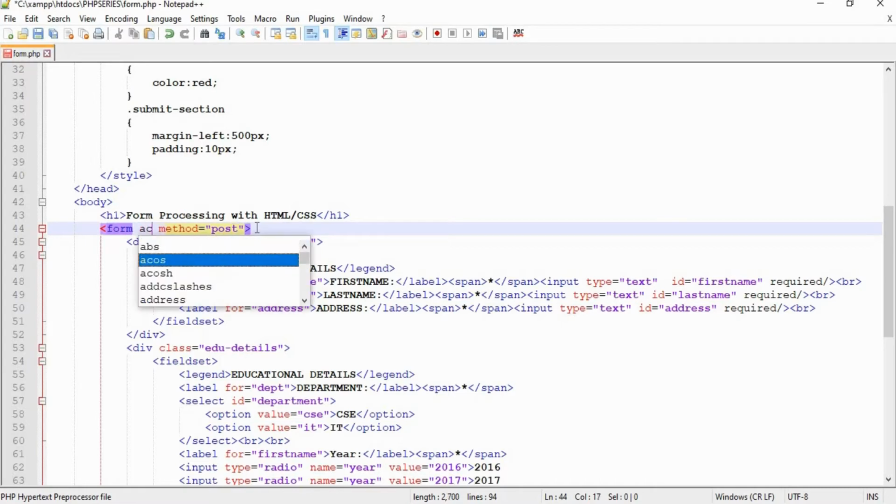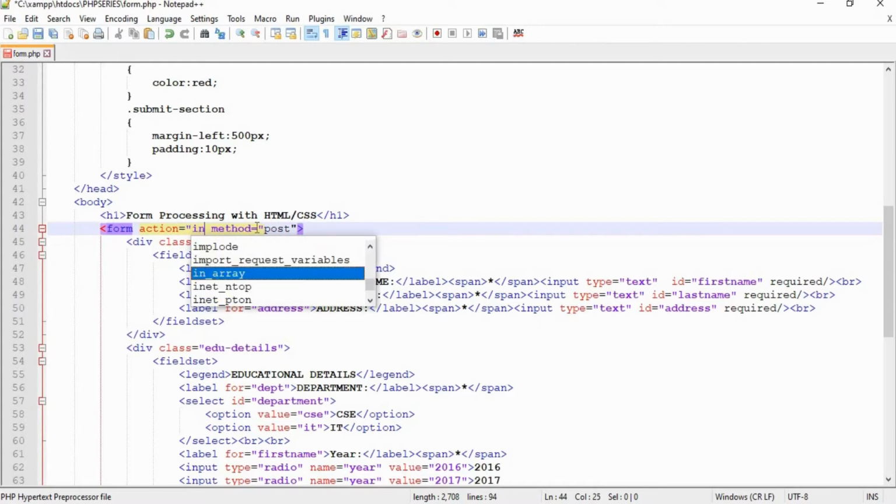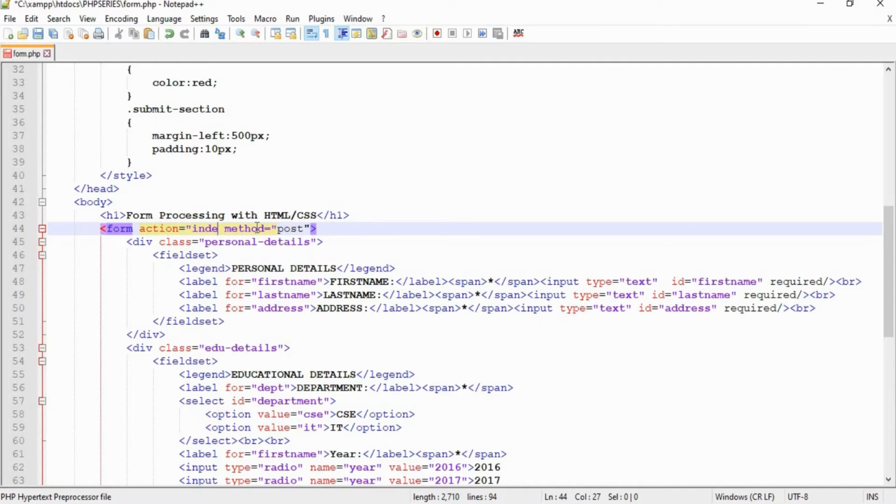Instead of that, we can write the attribute action. The action value should be the name of the PHP file in which we have written the form processing methods. In this case, I am going to have my PHP coding as well as HTML coding inside a single file, which is form.php. The value for the method attribute of the form can either be get or post.